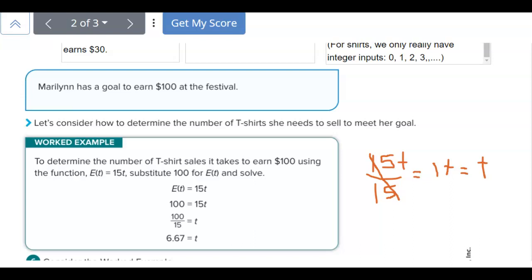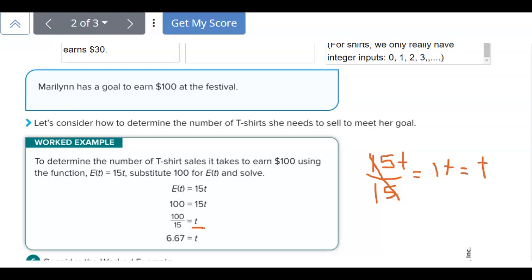So that's why we divide by 15 here, so that we can cancel out these 15s and have 1t, which we just write as t. And if you calculate 100 divided by 15, if you like decimals, you'd get that t equals